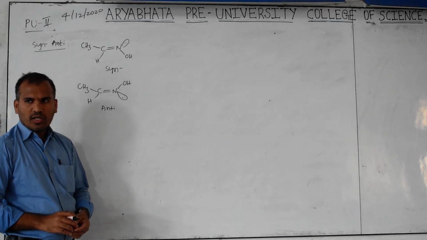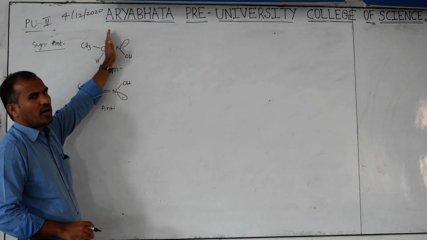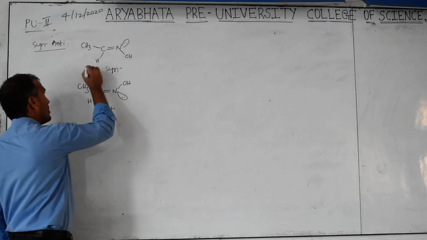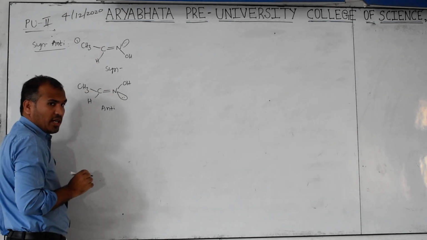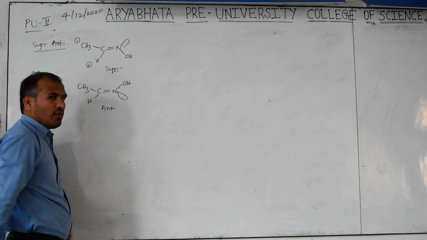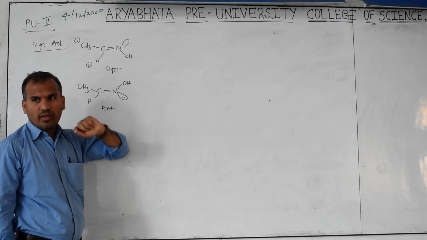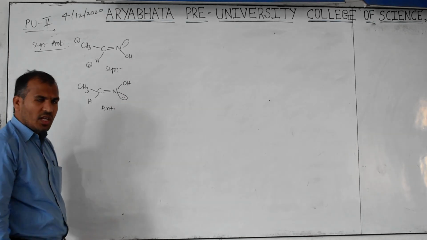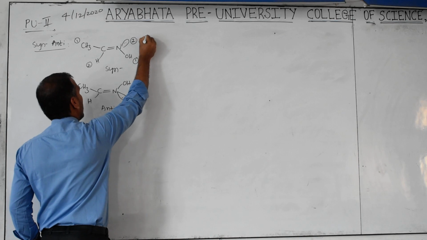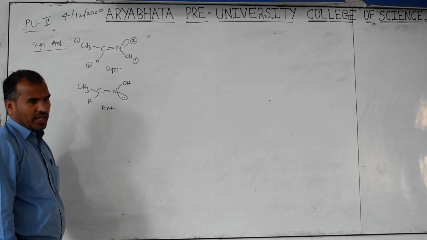What is the rule for E-Z nomenclature? First, find the restricted rotation and divide it in half in your mind. Next, give the priority at both carbons. Carbon, by atomic number, gets first priority, and hydrogen, atomic number 1, gets second priority. Now here, between the lone pair and oxygen: oxygen is directly bonded, so oxygen gets the first priority. Note this statement: the lone pair gets the least priority.